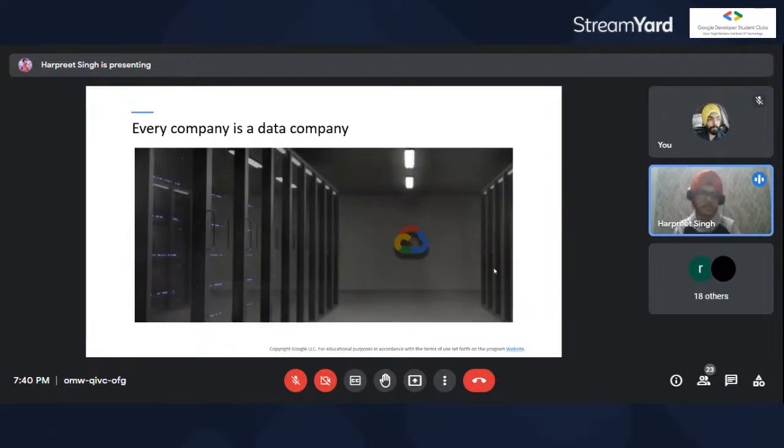So every company is a data company. Why has this line been said? Google believes that now or in the future, every company has to adopt new technologies, and accordingly they will be making great software, and every great software is centric about data. So now or in the future, every company requires data. They have to store it somewhere, maintain it, deploy the website, and deploy their application. So every company requires some services of Google. Here comes Google Cloud, which will provide them the services, and accordingly the customers will use it.